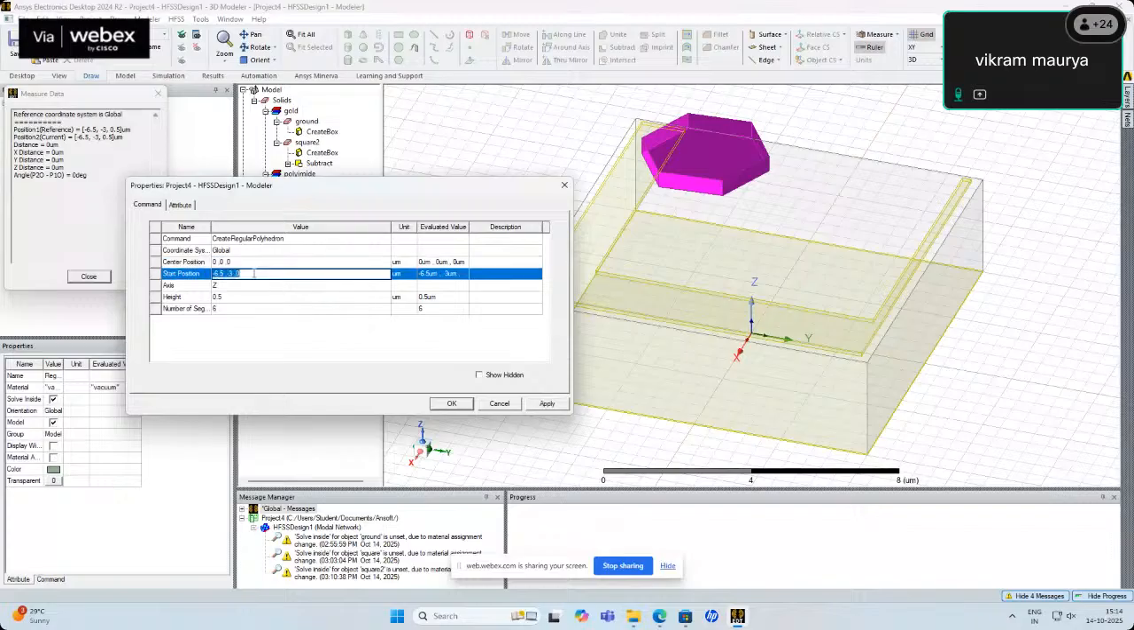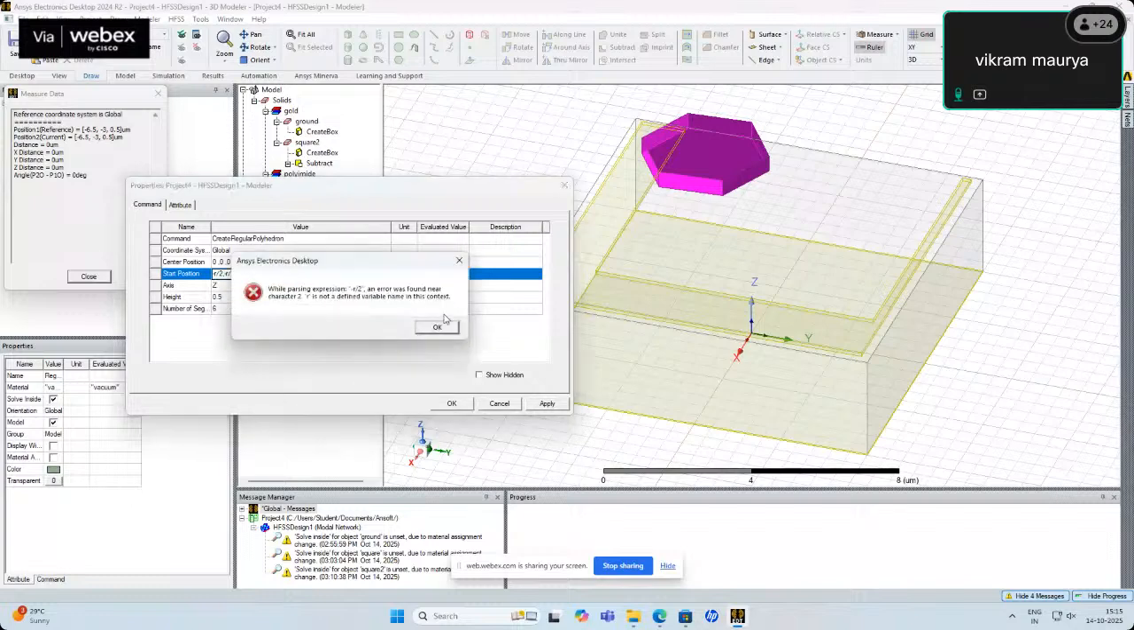Now for the starting position, we can say that the radius of this hexagon is r. So we can say minus r by 2 comma minus r by 2, and then again we want this to be mounted on the substrate, so we will say this is starting from tg plus ts. Now the height of this tg, okay,